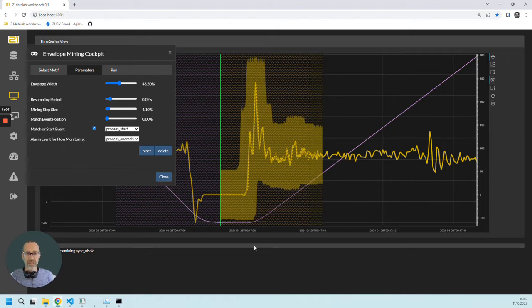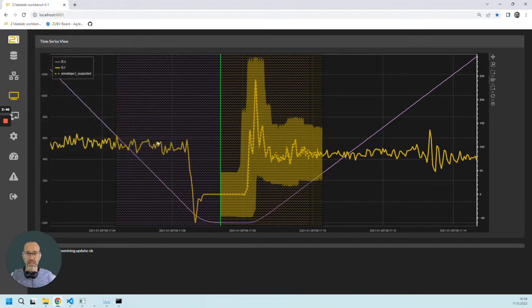Anything above or below is an error, and I would get this process anomaly alarm event. I can maybe put this a little bit tighter, so the band a little bit smaller, so that I get more of a precise expectation here. So, okay, once we have defined this band, we can use it in the stream configurator, and then